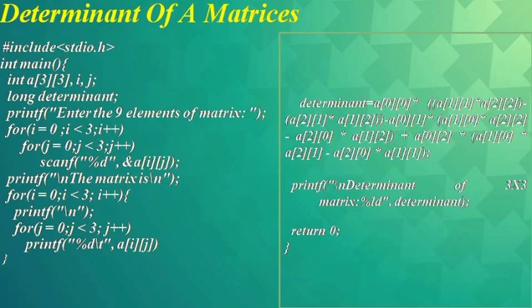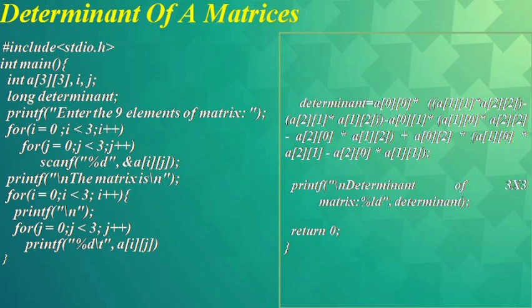Next, determinant of a matrix. As we have already seen, a matrix is an array of many numbers. For a square matrix, that is a matrix with the same number of rows and columns, one can capture important information about the matrix in just a single number. That is called the determinant. This is the example program for the determinant of a matrix.